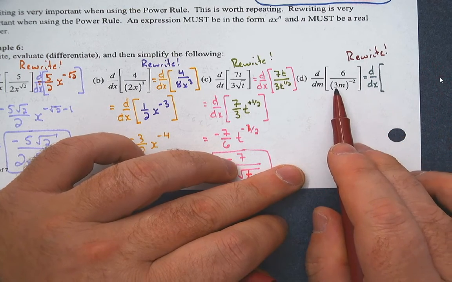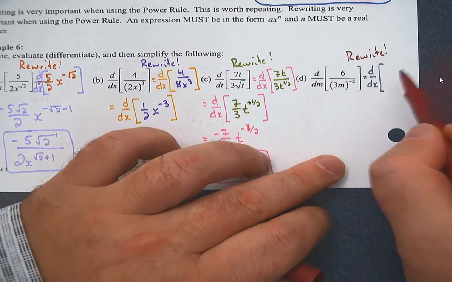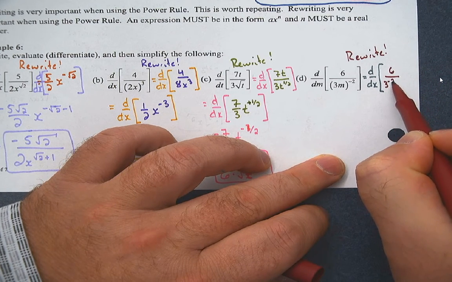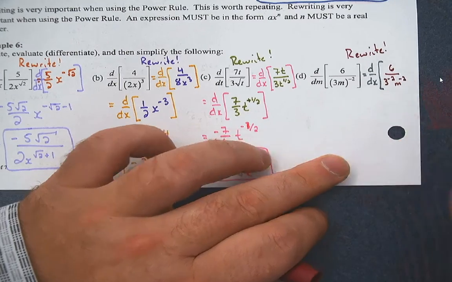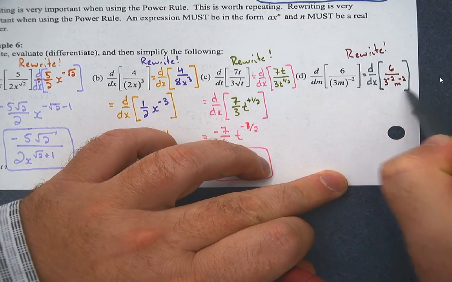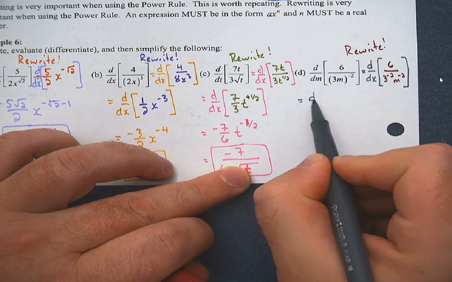I'm going to take care of the quantity first, so I'm going to quote-unquote distribute the negative 2. So I would have 6 over 3 to the negative 2, m to the negative 2. There's lots of ways to get there, so if you want a different route here, just be patient and see if we end up at the same place, which equals d dx of,